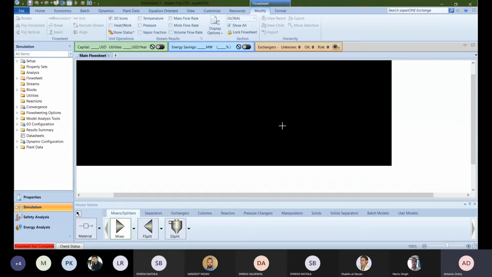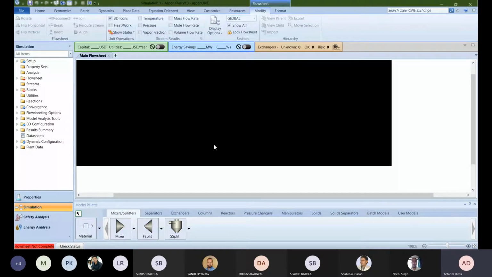Okay, I am clicking my left button, so you can all see I am adding multiple models which I don't require. So what we have to do is click on this particular thing. This is Cancel Insert Mode. Once you enter your model in the flowsheet area, come back to this, click on Cancel Insert Mode, and then your cursor will change, and now no more models will be inserted in your flowsheeting